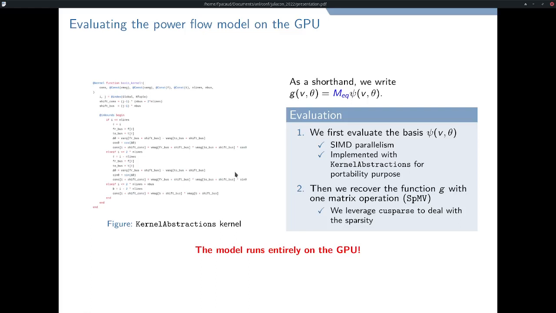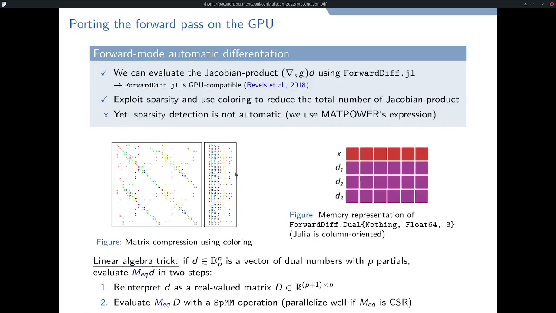Now it remains to differentiate the model, because we want to evaluate the Jacobian of the power flow and the Hessian. The good news is ForwardDiff is already compatible with CUDA GPU. Please have a look at the following article as a reference. So here we use ForwardDiff to evaluate the following Jacobian product. We take the Jacobian of the power flow that you can observe like that. We use some matrix compression